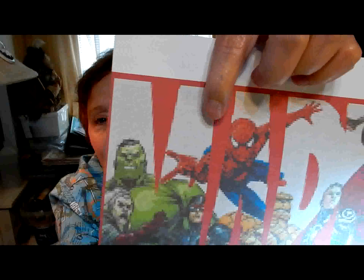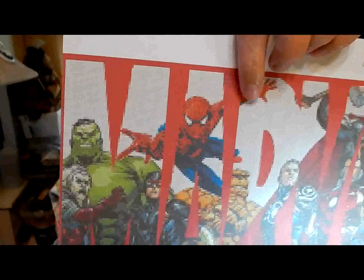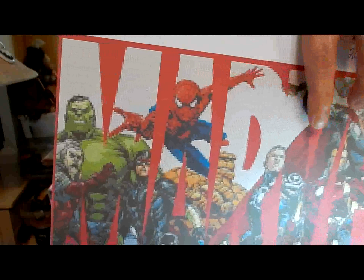So I've got all the white done here, and I'm going to start with Hulk's head, but I'm trying to get a lot of the white. You see Spider-Man. I'm trying to get a lot of the white and the red done, and then I'd just be able to fill in the characters as I go. It seems to be working pretty well for me, and I'm not getting bored because I'm watching TV and stuff, kind of going back and trying to catch up